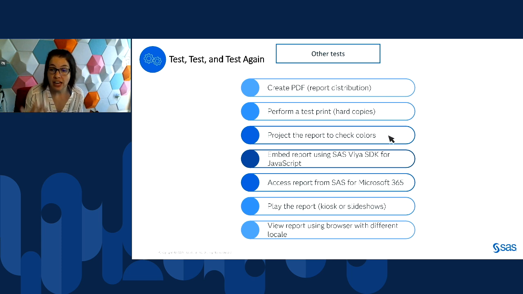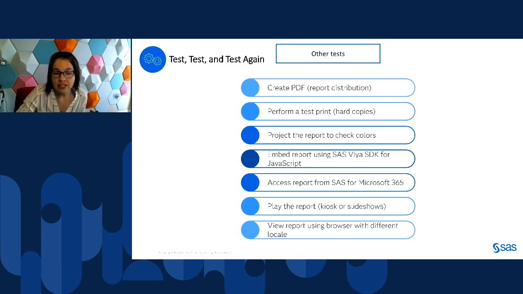If you're going to project the report, you might want to actually project it before that day to make sure the colors look okay and everything's readable. If you're going to use the SAS Viya SDK for JavaScript to embed your report in a custom web page or application, go ahead and test it out and make sure everything looks good there as well.